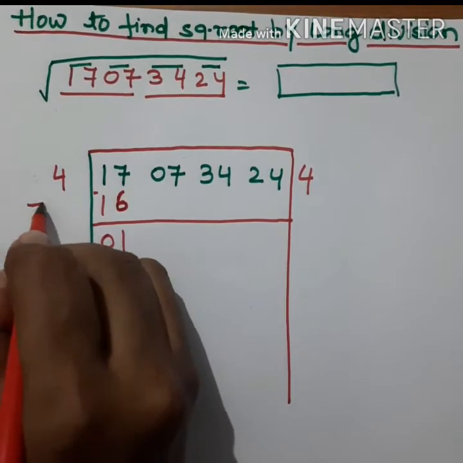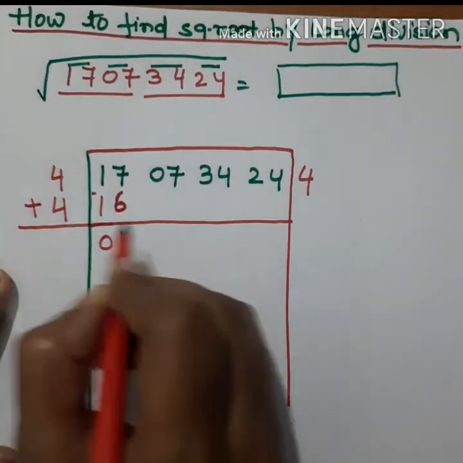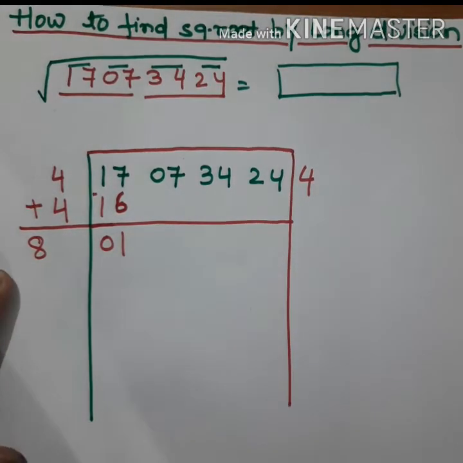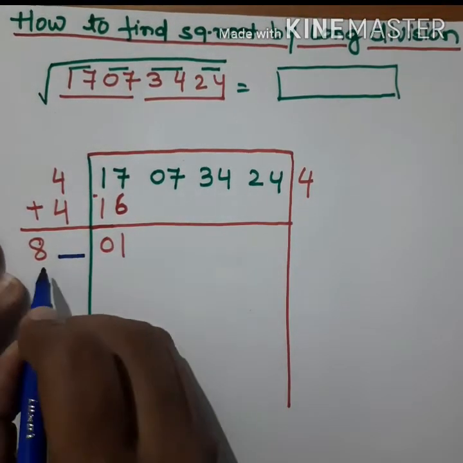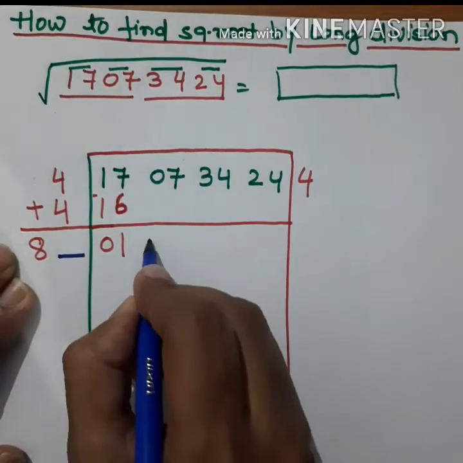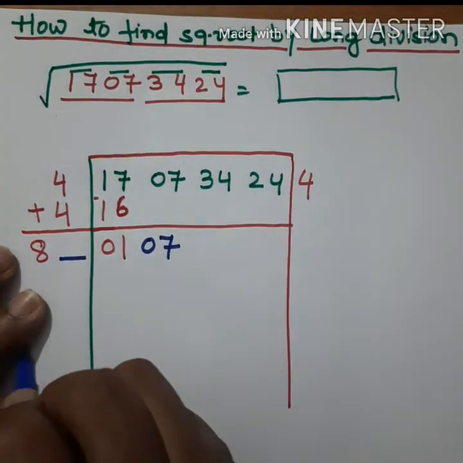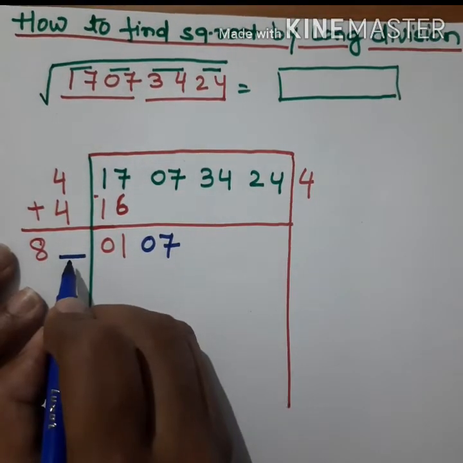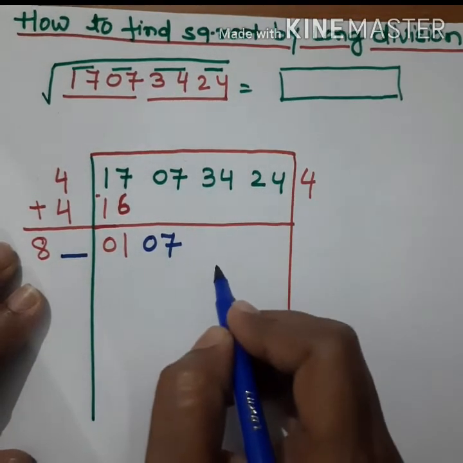But one thing more, every time you read the table, you have to double the divisor. That is 4 plus 4, 8. And now keep one place vacant to the right of 8. Here one place is vacant. Now again, bring down this 07, the next period. Now what number are you having here? 107. You have to find out which number suits the best with 8 on the left side so that you can proceed for the division.